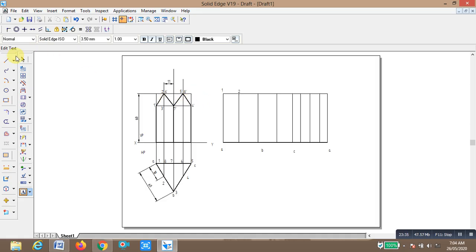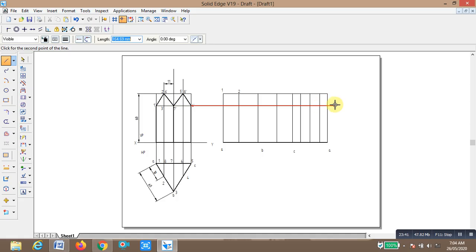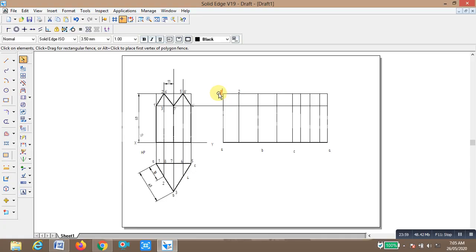Okay, so this point is 1, I am just placing it here. Select and place it here, 1, this is point 2, this point is 3.